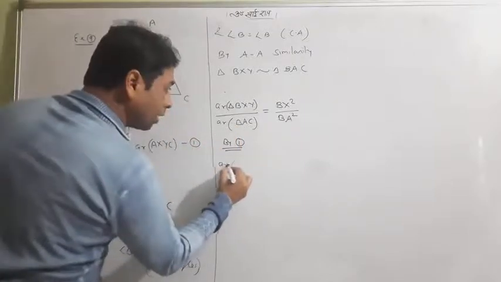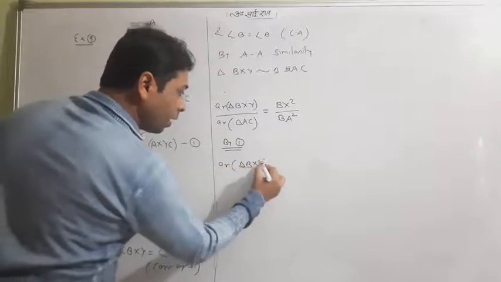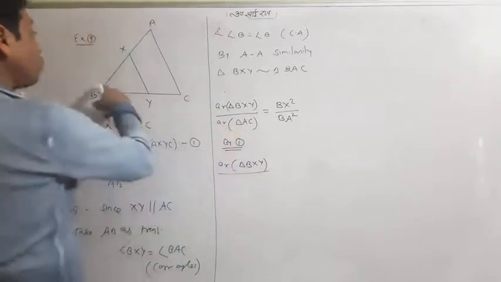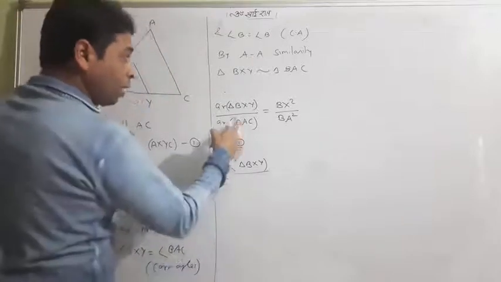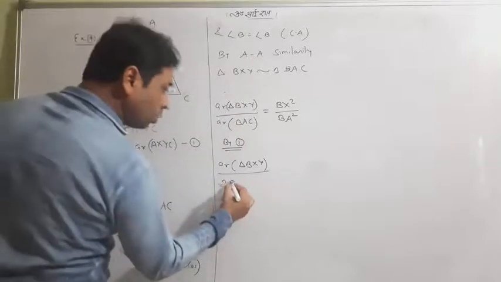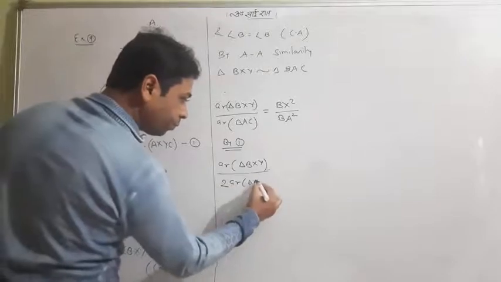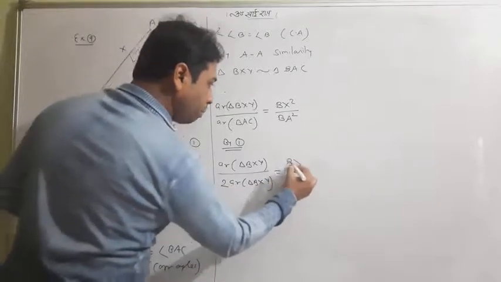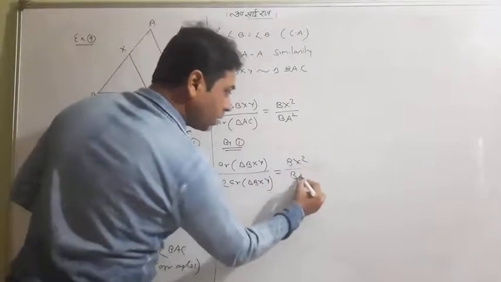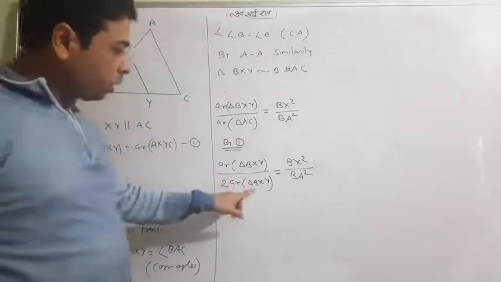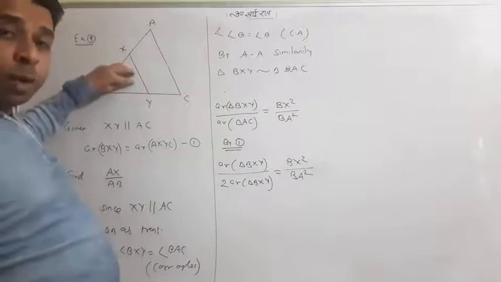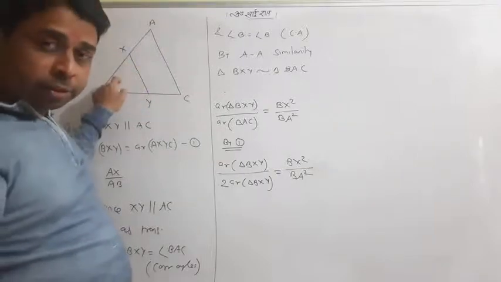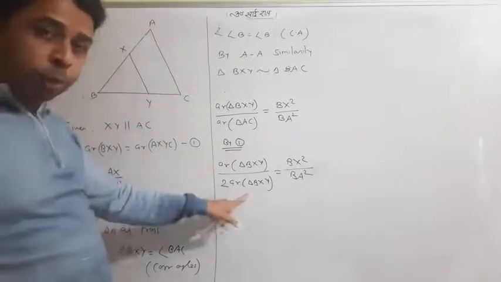So it looks good, I think. So BXY is same, but BAC can be written as double of BXY, the small one. Now this is good, I think, to understand. Now can you see it's BX square upon BA square, this is same. So hope you have got the meaning here, that BAC is a double of BXY because these two are equal in area. By 1, this conclusion we have obtained.